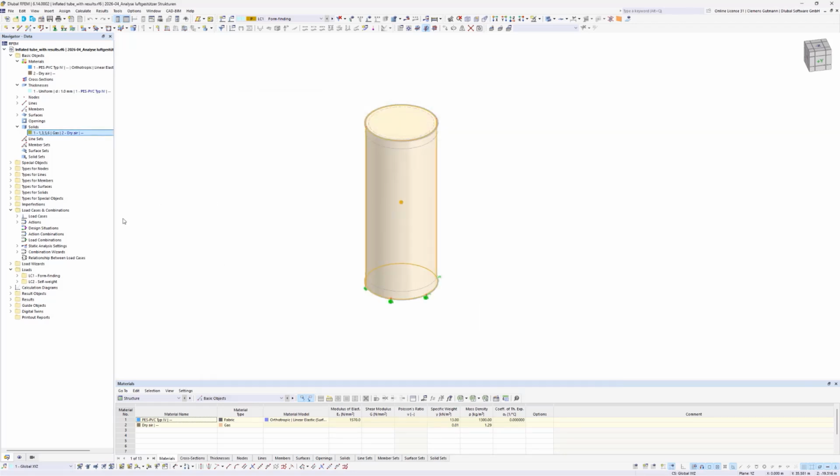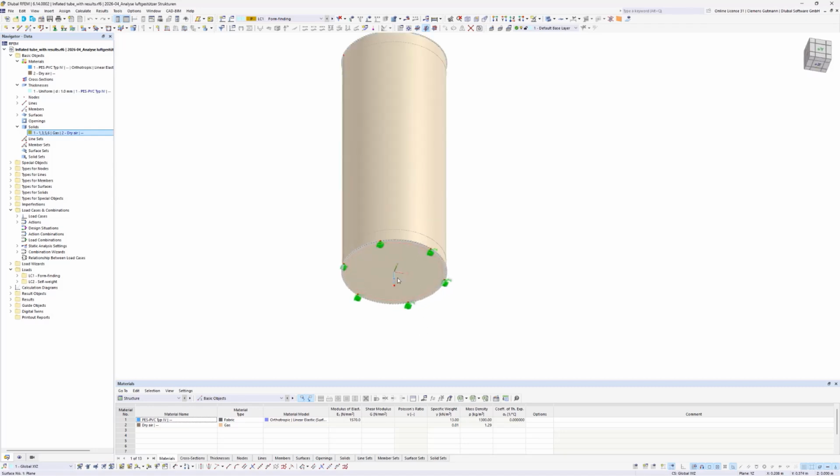Next thing is the whole support topic, let's say. So if you look at reality, this thing somehow stands on a meadow or so. Maybe there are some cables attached to it, and you have this surface support. The issue with the surface support is, if we take a look at the deformed structure again, that we have this dome, let's say, and if you assign a surface support to this most likely will lead to instabilities and